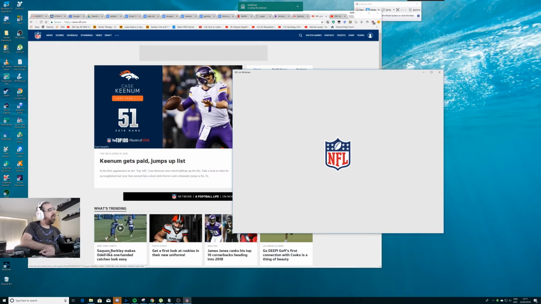Both the Xbox app and the Windows 10 app will not work,